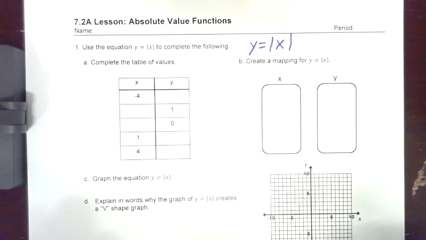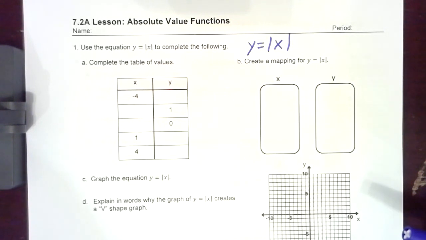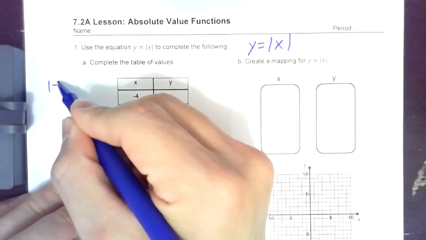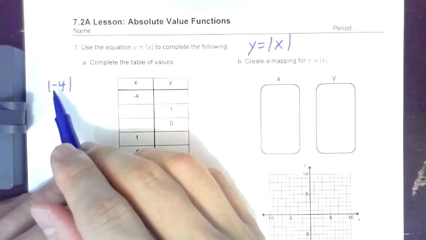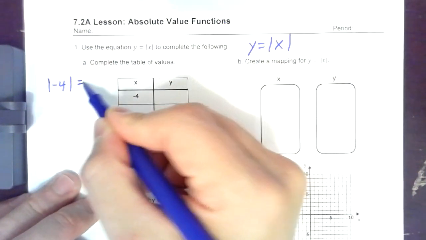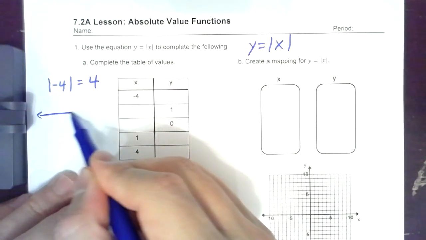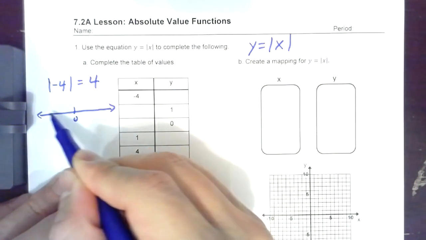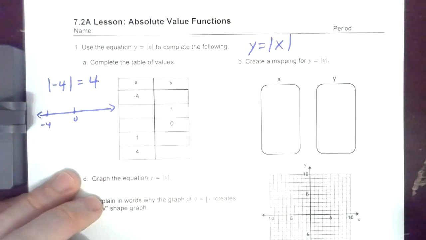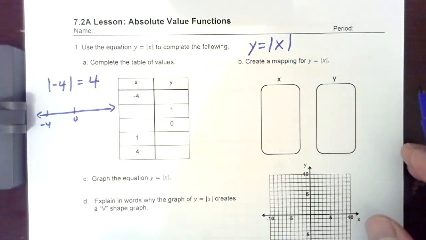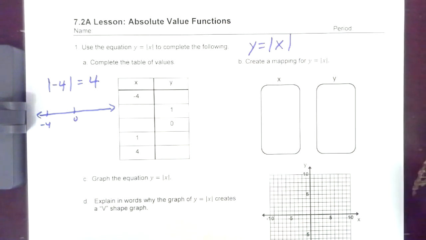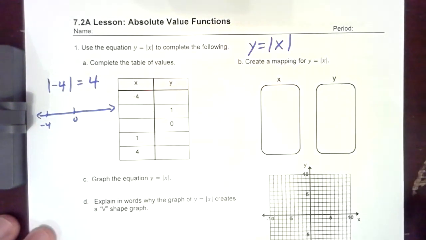Remember that the absolute value is the distance the number is from zero. So if you look at -4, class, -4 is 4 units away from zero, right? On the number line, -4 would be 4 units away. So just remember that distance is always positive, even though the actual number itself is a negative number. Okay, so the absolute value is distance, and for that reason, distance is always positive,